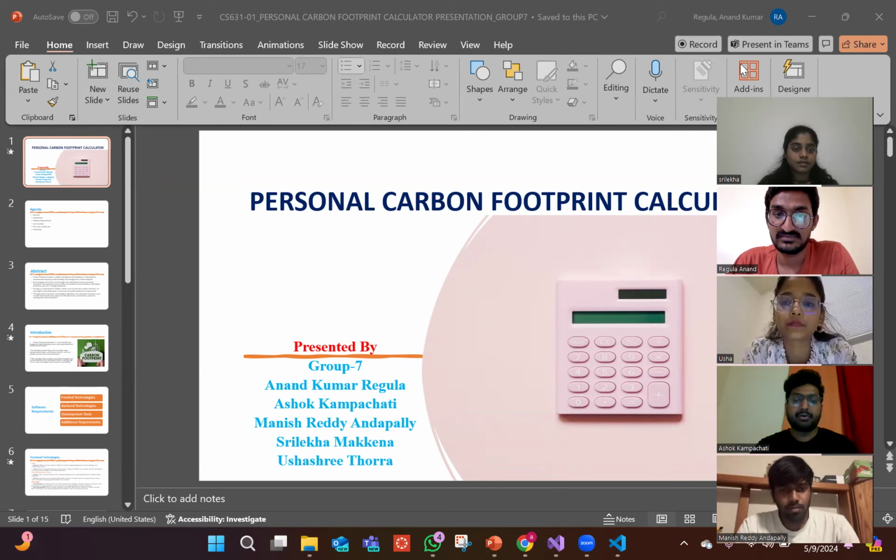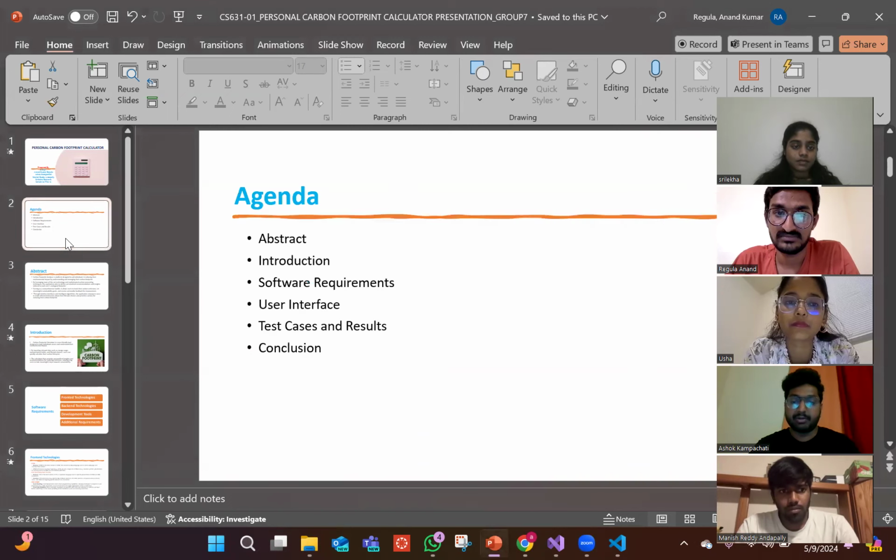Hello everyone. We are Group 7 and we are going to discuss our project, that is personal carbon footprint calculator. Our group members are Anand, myself Ashok, Manish, Srilaka and Ushasri. And our agenda is to cover the topics abstract, introduction, software requirements, user interface, test case and results, and the